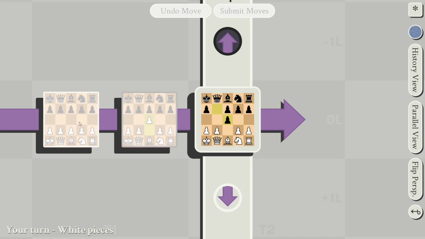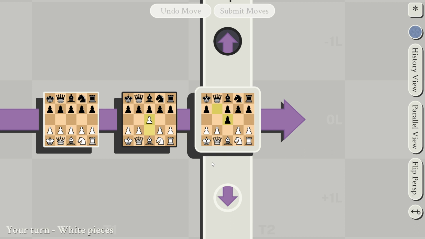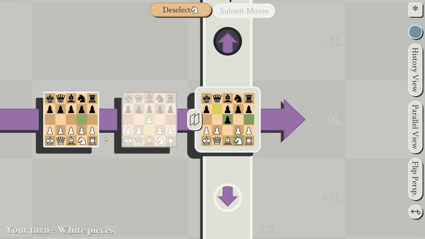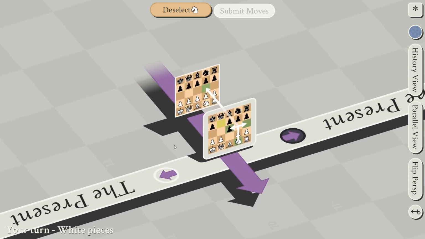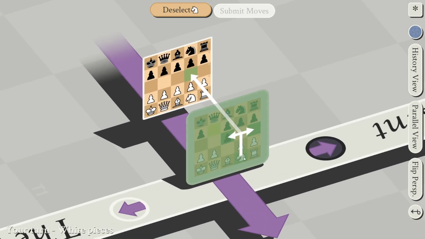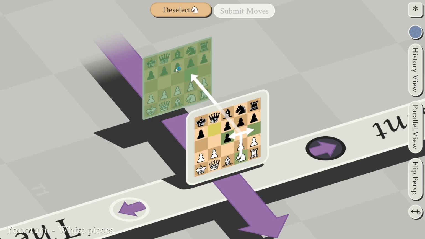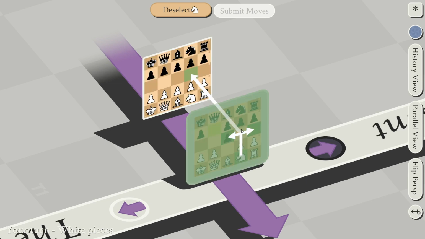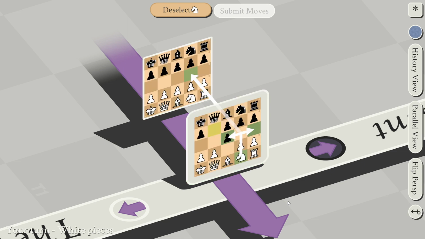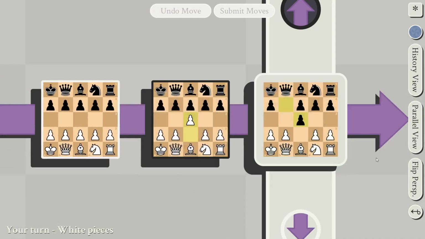The thing is, time is also a dimension. So right now, we could take this knight, move it 2 spaces forward in this dimension, and then 1 space backwards in time dimension. So as you can see, yes, I can move my knight back here. The game does a really good job visualizing it. So basically this is the previous turn. So what we can do is move 2 dimensions up here and then 1 dimension to the side or 1 dimension back in turns. So why not?